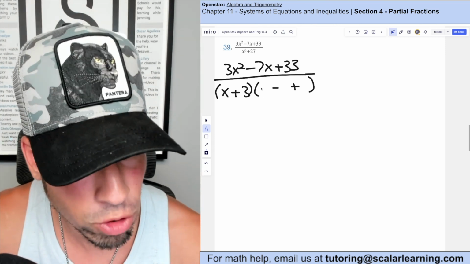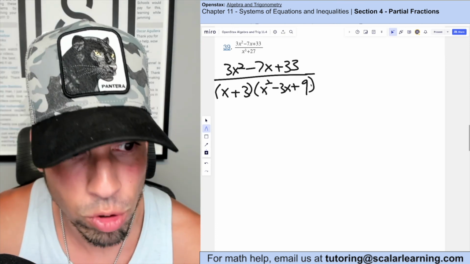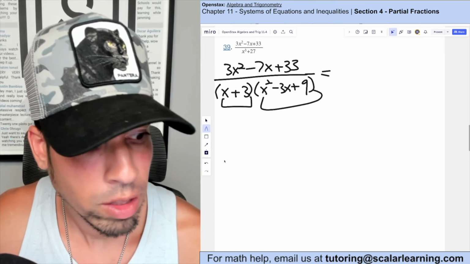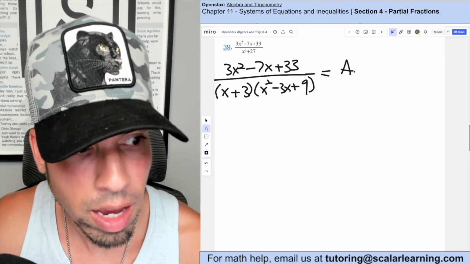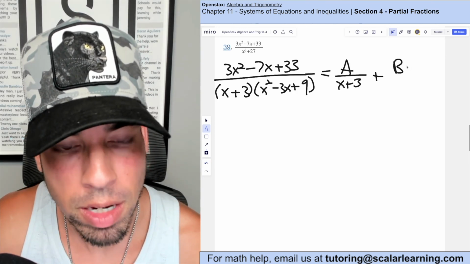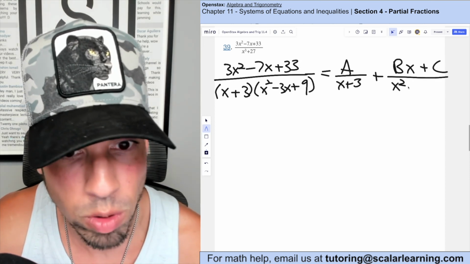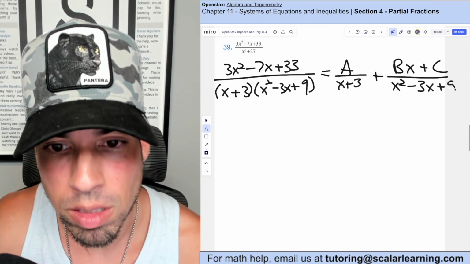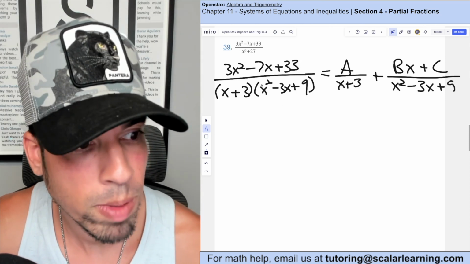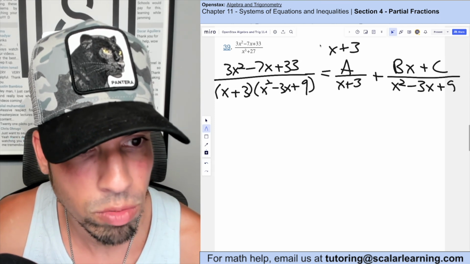And then here it's that first term squared, the product of the two, 3 and x, and then the last term squared. Now we have the linear factor and the quadratic, so we write it out as A over x plus 3, plus Bx plus C, a linear factor over that quadratic, x squared minus 3x plus 9. Great. Okay. Now we're going to multiply everything by that denominator on the left-hand side, which is x plus 3